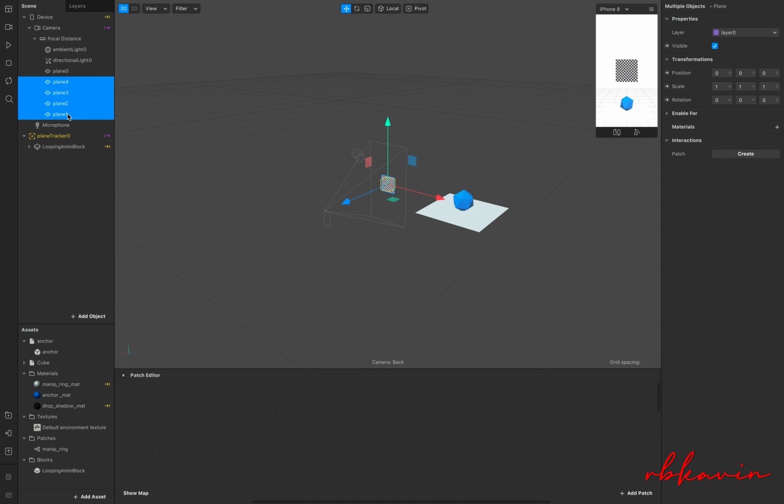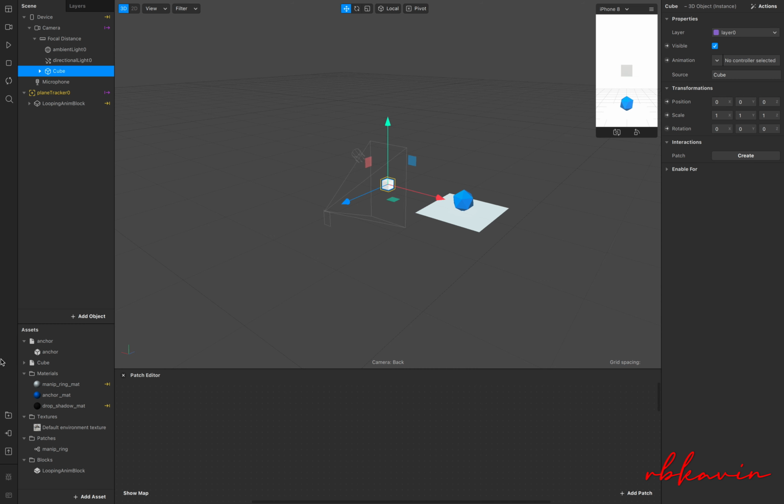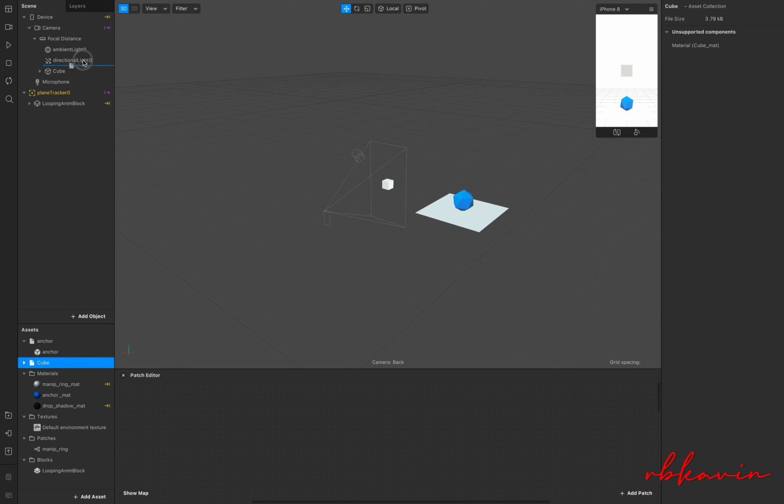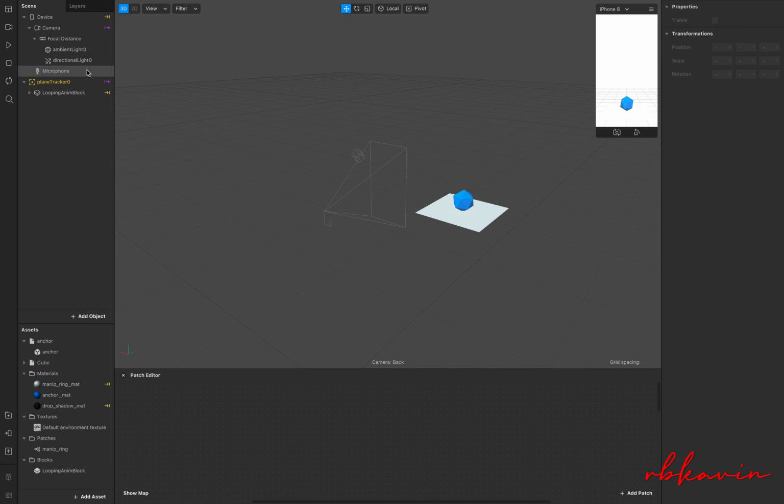What if you don't know how many planes you want to create? For example, you are creating a filter, like the example I showed, where the user can plant as many plants as they want. In that case, we don't have a specific number. And if you want to spawn a 3D model like this, you have to drag and drop it multiple times, or duplicate it multiple times. This process takes manual work.